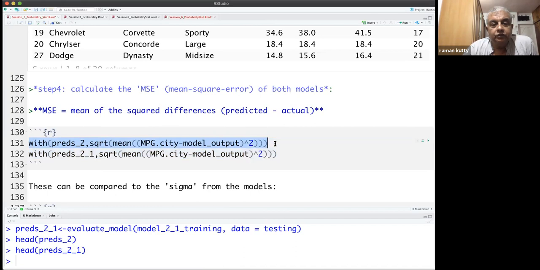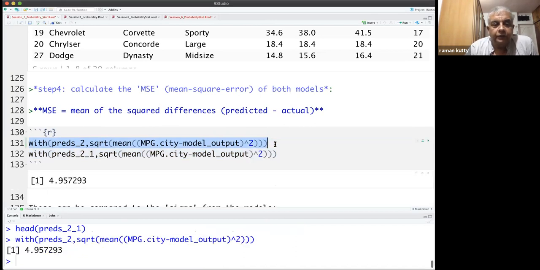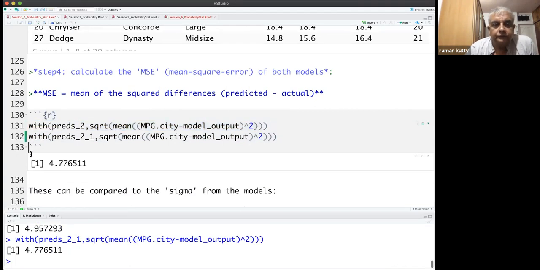So for these two models, the first model and second model, as you can see, these RMSE values are considerably higher than what we got from the whole data set. This is because we have trained on one part of the data set and used that model for testing on the other part.